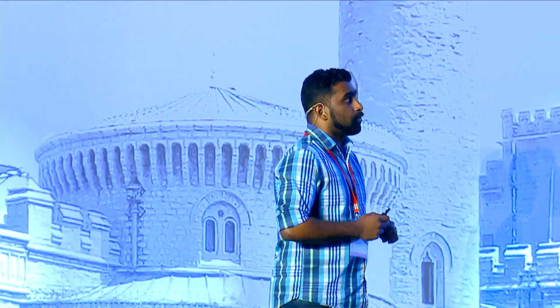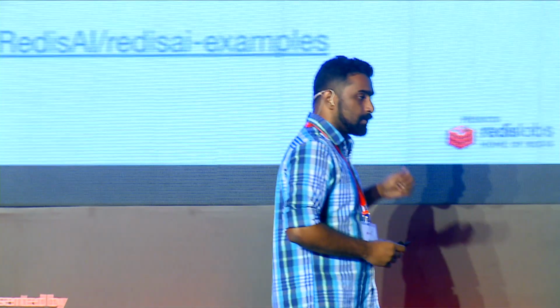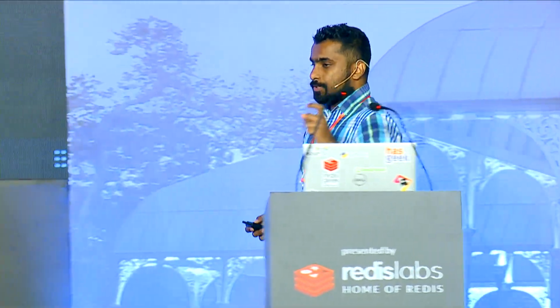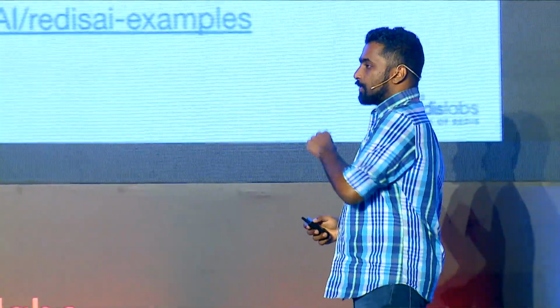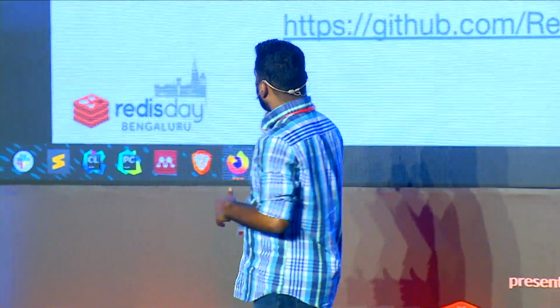I think one of the most prominent details is data locality. Since the data is in your Redis itself, you are not going to pay for the network transfer. So that's a super critical thing. We have done a benchmark that shows how this really affects your costing. Again, I'm going to show the result of that benchmark in the post-lunch session. High performance: the benchmark is going to show how good RedisAI is performance-wise. High availability with Sentinel and clustering.